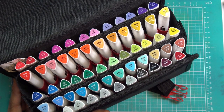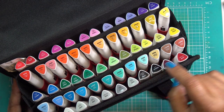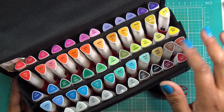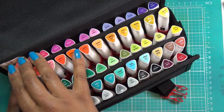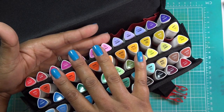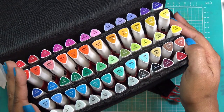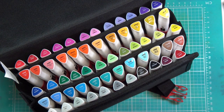So it starts off with peach, pale peach, and then your blender, and then it goes from there to your deeper colors. These two are kind of random here, the purple and the red, and then it goes into blues and some more tannish colors, blues and greens and yellow, yellowy orangey, deeper and deeper, and into your pinks and purples. For me, I love this because I like those colors, since we do a lot of flowers, a lot of leaves, just pretty things like that. If you're a portrait kind of drawer needing skin colors, I'm not sure this has that many,